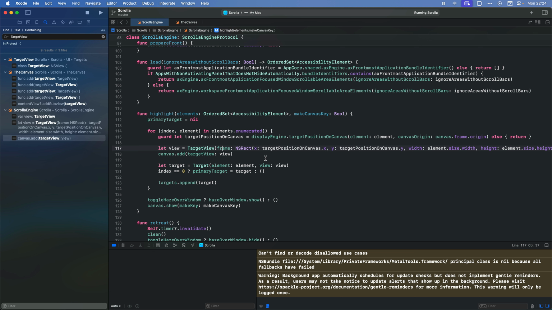So we need to change the highlights, and the element is gonna be the window. Highlights, so we're doing